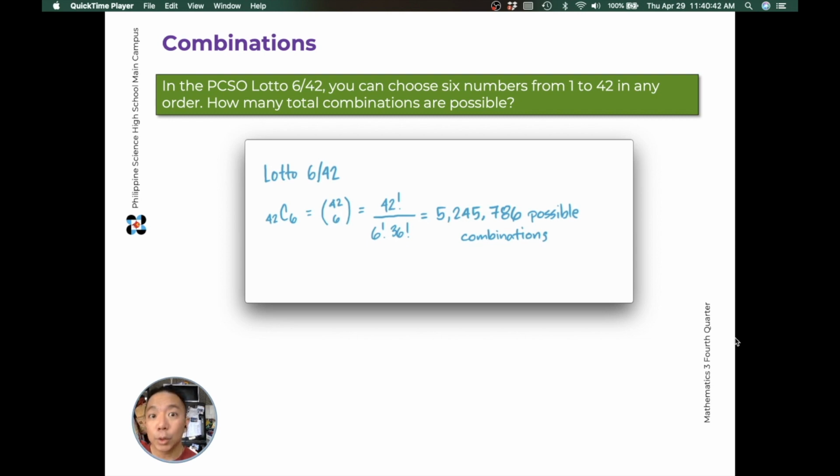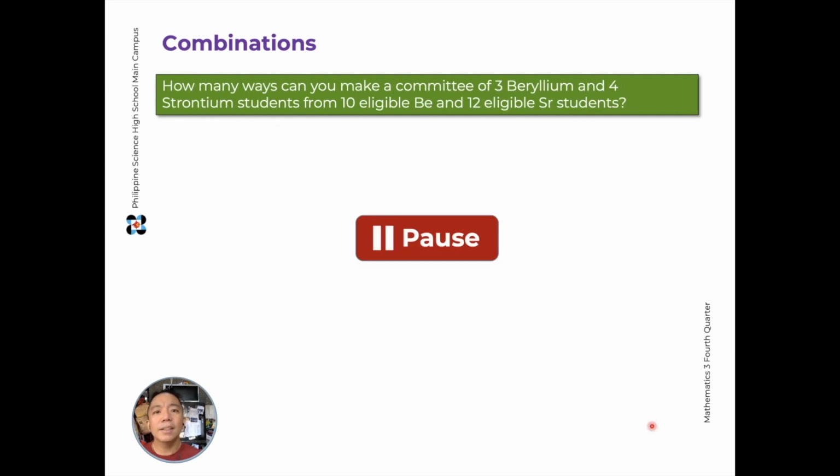So kung gusto mong siguradong manalo sa Lotto na to, then you'll have to buy all possible combinations, you'll have to buy 5,245,786 combinations. Second example, how many ways can you make a committee na may 3 beryllium students at 4 na